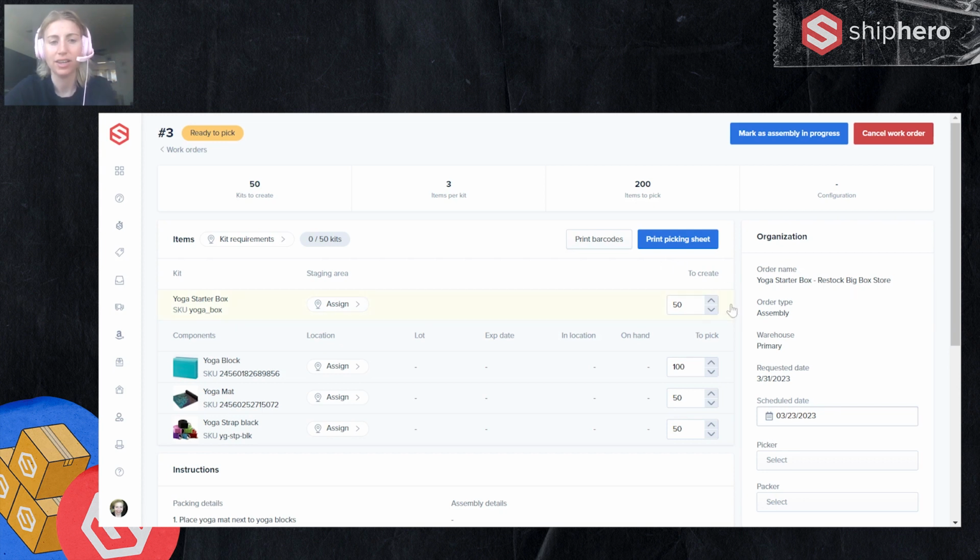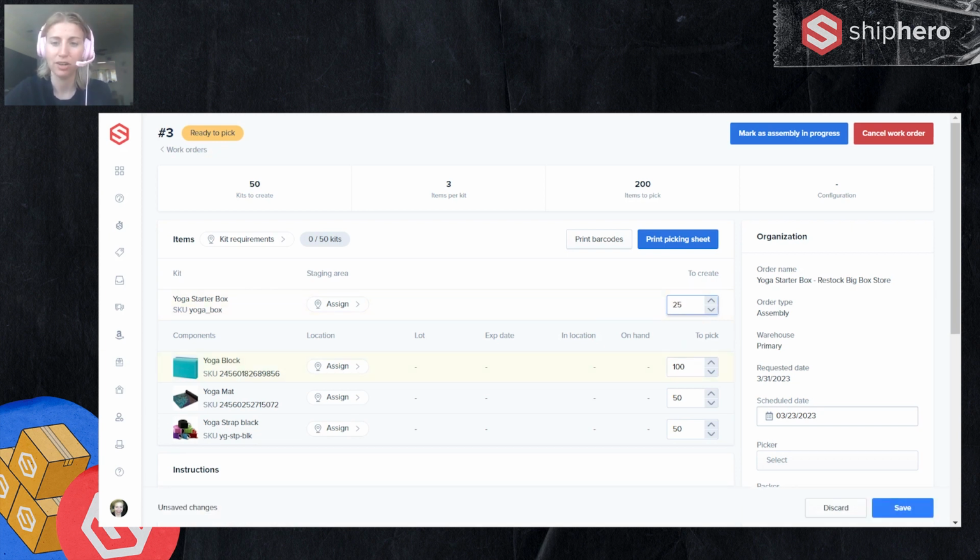So on the kit view here, you can see that the amount to create is actually editable. This is intentional in case you realize while making this that you need to make more than you thought, or perhaps you didn't have as many on hand as you thought you did, or something came up and you realize, nope, we're not making 50 of these right now. I want to edit that.